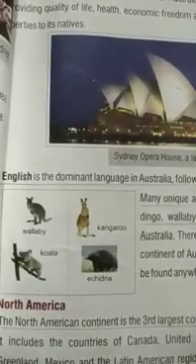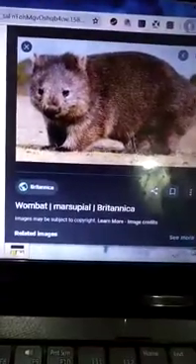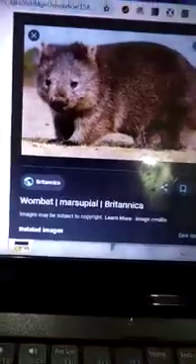So here it is. Wombat looks like this. It's like a little bear. It's Australia's unique animal. We cannot see wombat in other continents. It's present in Australia.